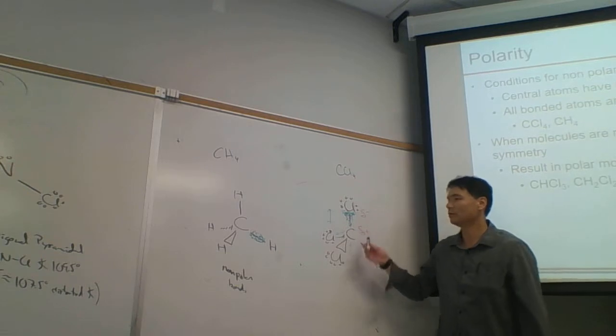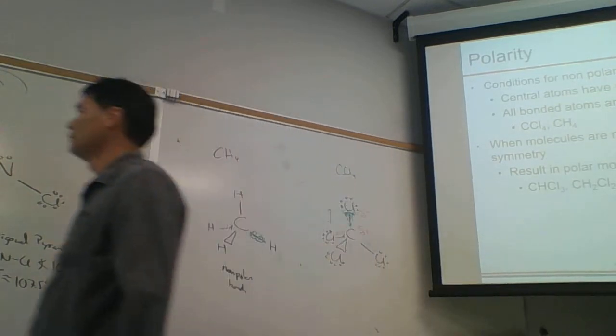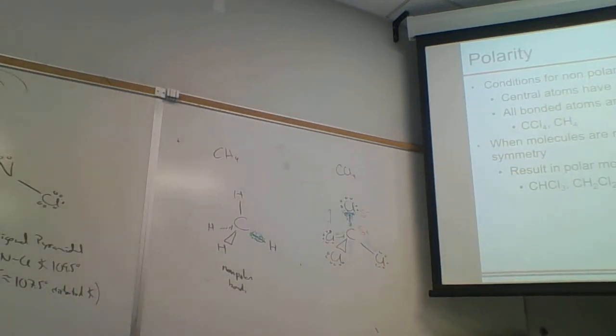Now, if we have 2 of them, like this top one here and this one to the right, then the molecule is going to be pulled this way. You see, if this one's pulling up and this one's pulling down this way, the net is going to be this way. That's how they add up. And so what we do for molecular dipole is this. Molecular polarity